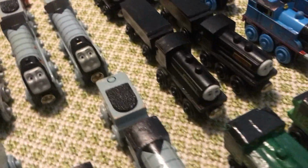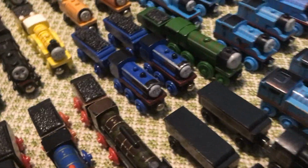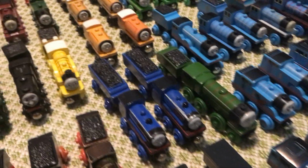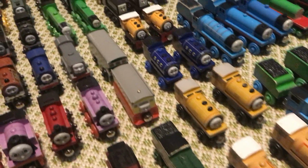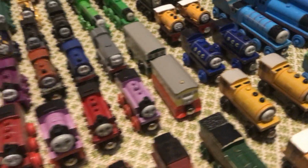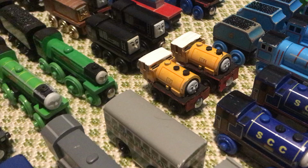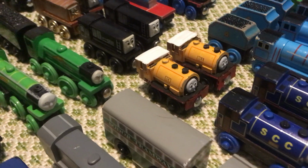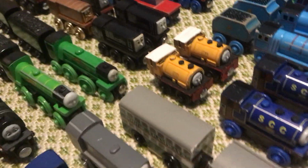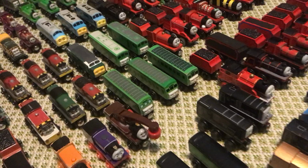Here are my Donald Douglases. I have 3 of each. Here are my custom ones, custom blue ones. Big City engine, which I already mentioned. Bill and Ben, Ben and Ben. And then here are my custom Bill and Bens, made using Ertl bodies and the wood Gordon and James tenders for the wheels. Here are Diesels, and Daisies, and